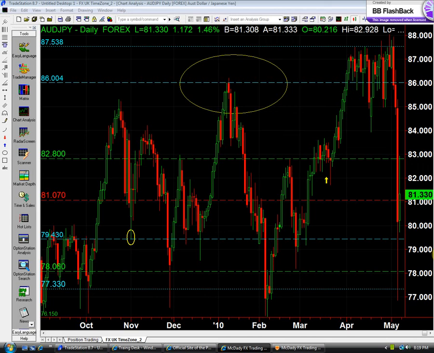They are short heavily the yen and they are long the Canadian dollar. So with that, we can get big moves on either the Aussie Yen or the CAD Yen, and this is what we have to focus on right now. So looking at the weekly chart,